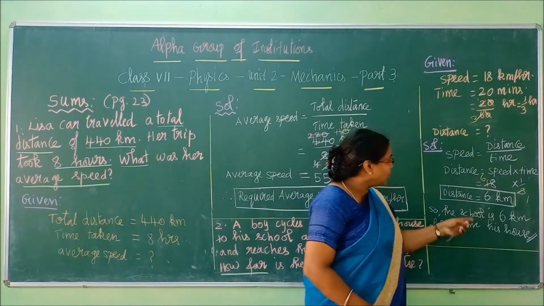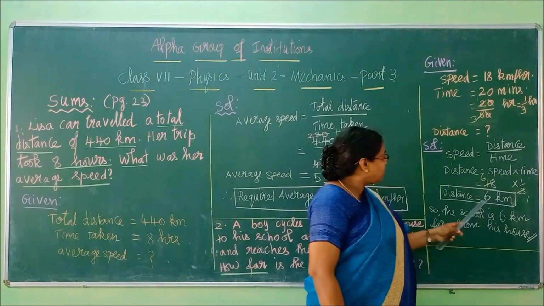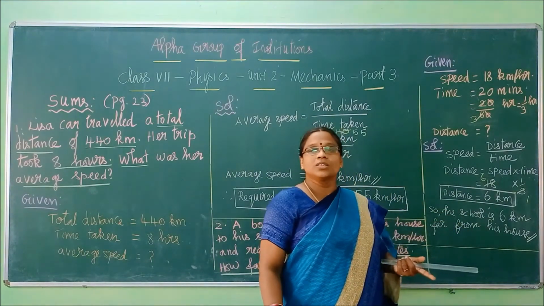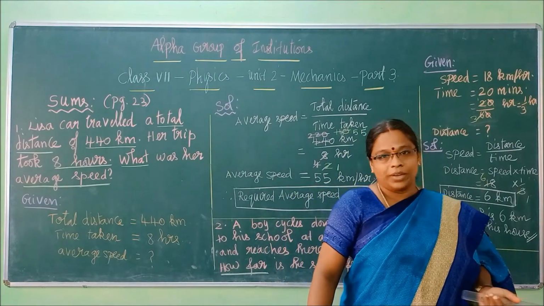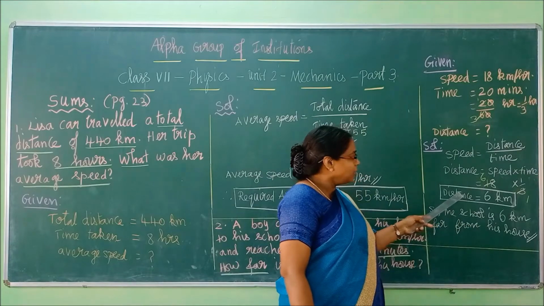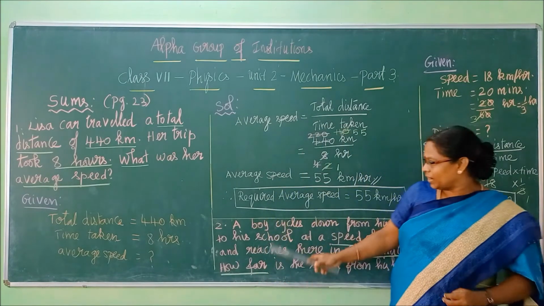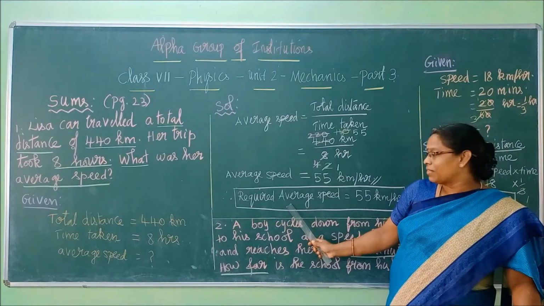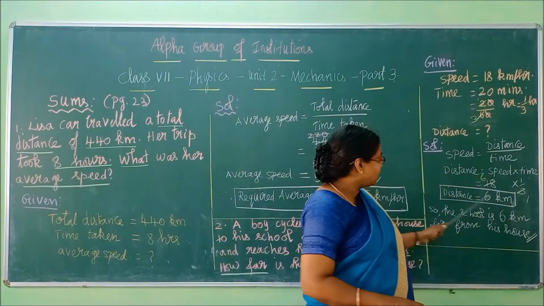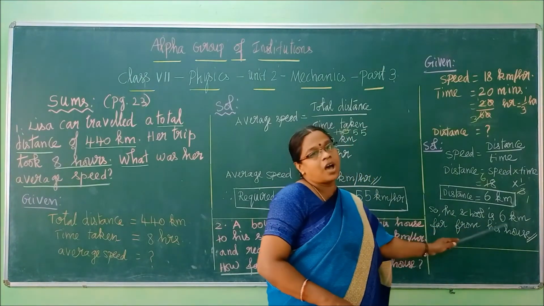Now you come here, 6 there. So what is 6 ones are 6. But what is the quantity asked? Distance. What is the unit of distance? Kilometer. So that is what I have written here. So this is the mathematical one step answer. What I have told you here, final step, required average speed. That final statement you need to write now, children. So the school is 6 kilometers far from this house.